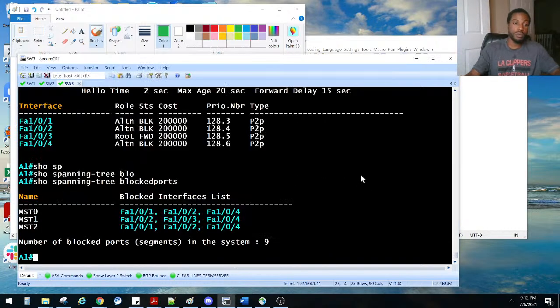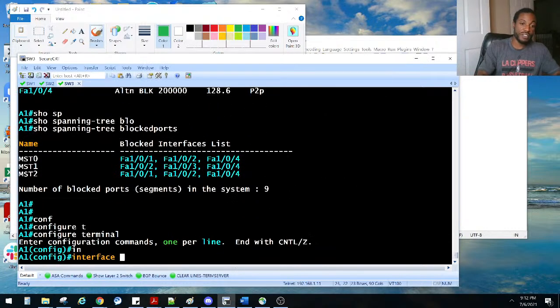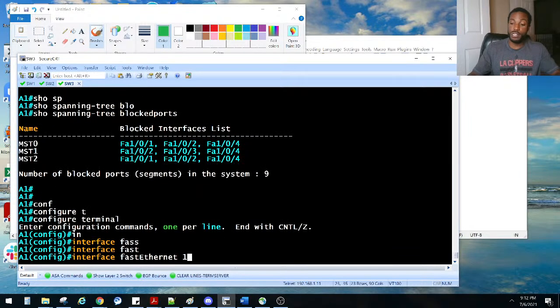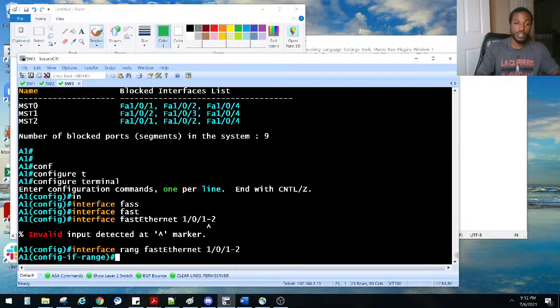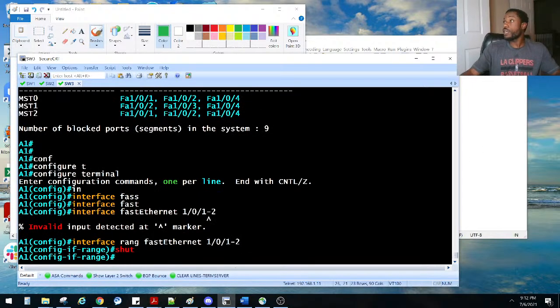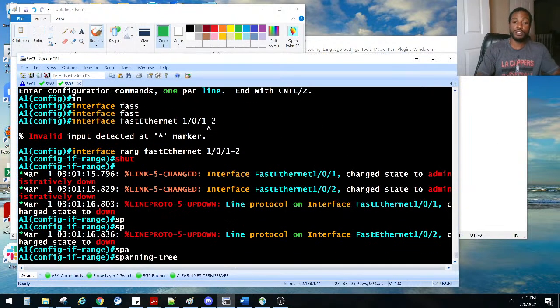101 or 102. So go to global config mode, interface FastEthernet. Your interfaces might be different, 101 through 2. We said we got to do the range command, my bad. Range, we want us to shut those ports down. And then they want us to do the spanning tree. This is how we change the cost. Spanning tree,